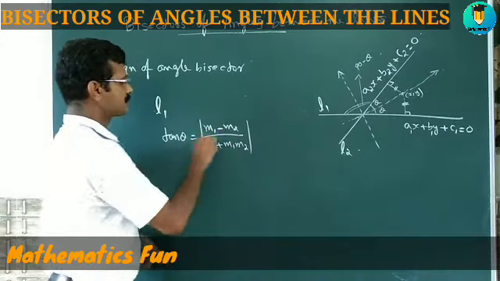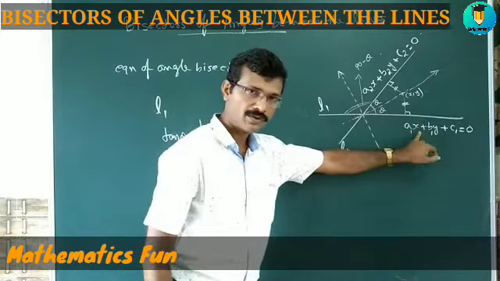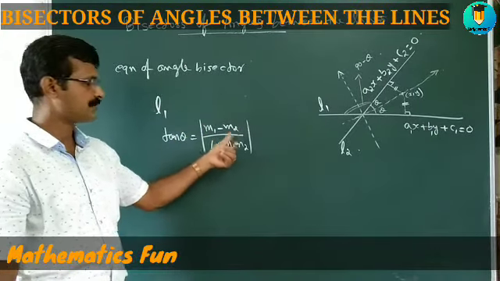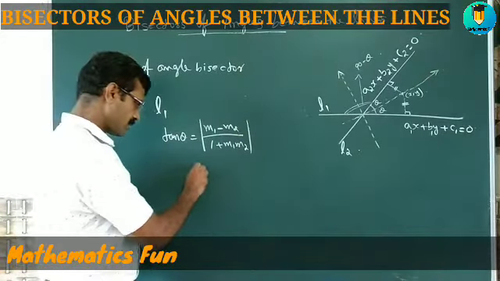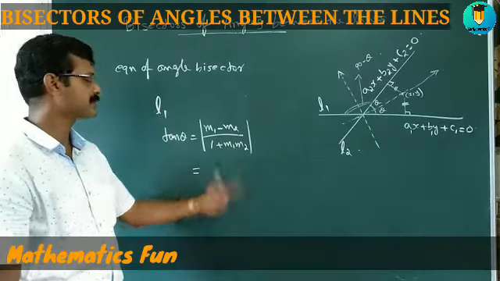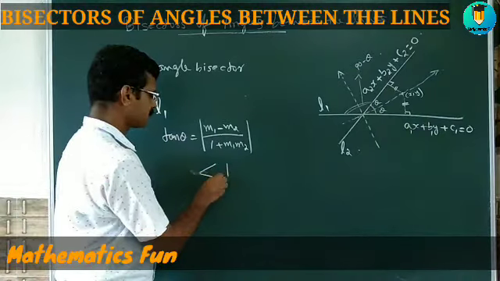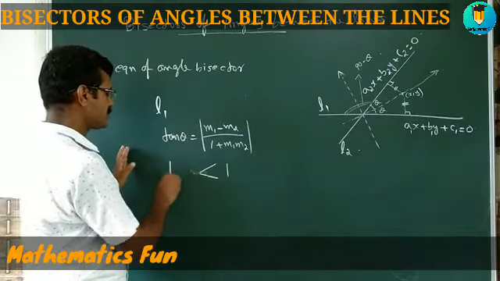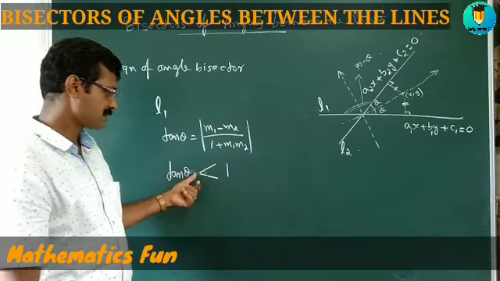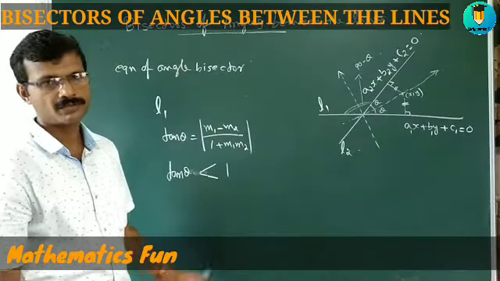If I use this, I will be able to find out the angle between L1, one of the lines, and one bisector. I will find out tan theta. Suppose this tan theta comes, there will be a value we will be getting. If this tan theta is less than 1, then the given line will be an acute bisector, because we know